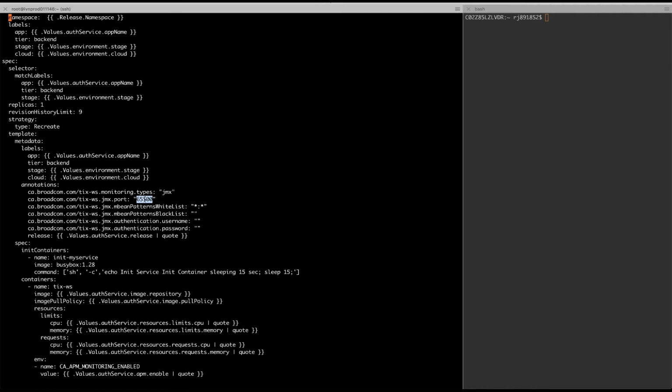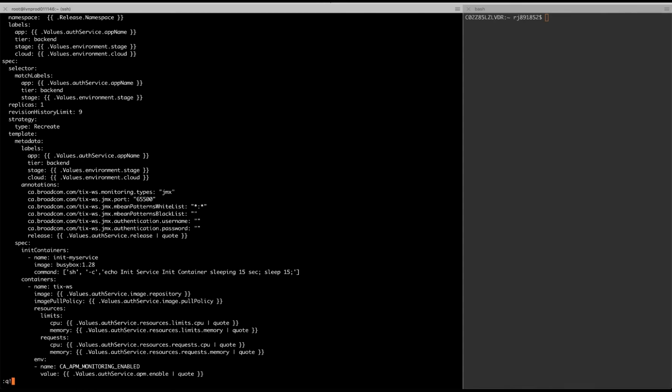And that is possible because both web portal and authentication service are running in different pods, and so they do not share the network namespace. But if you have multiple containers running in the same pod, then this port has to be different for each container because they will be running in the same network space, and so they will share the same IP address and port space.